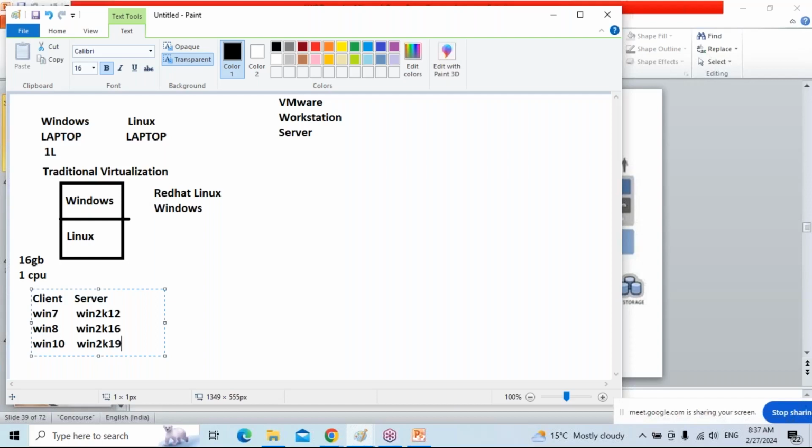Whereas server is multi-user. For example, gmail.com, yahoo.com, Facebook, all these run on server operating systems. Multiple users can log into Gmail, Yahoo, Facebook at a time, because those are all on server operating systems. All those applications, Gmail, Facebook, YouTube, cannot be deployed on client OS because client is single user.